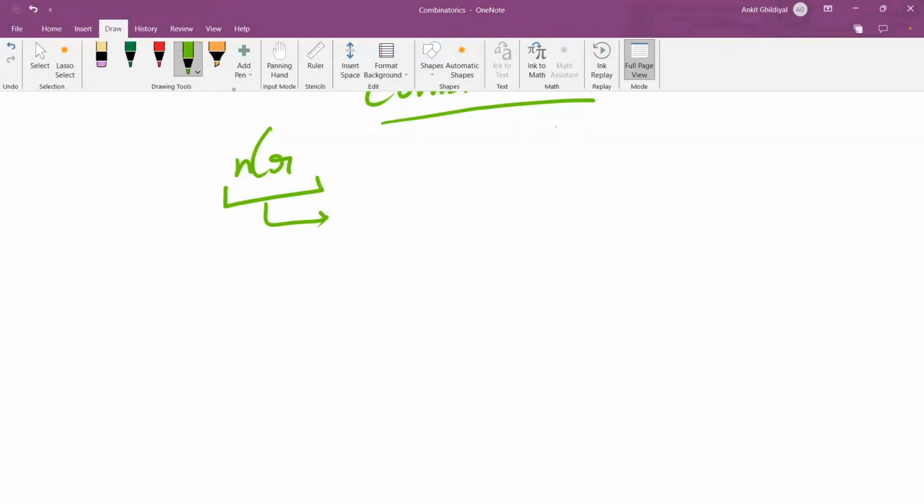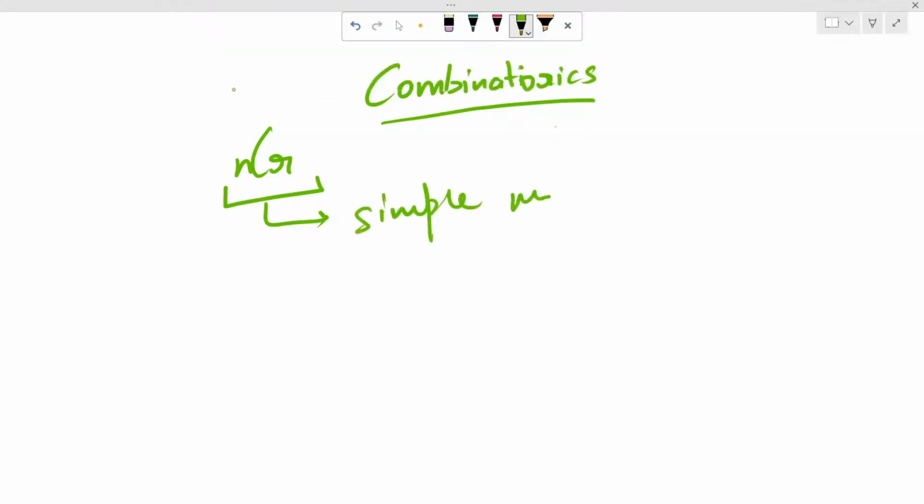Like how to do this, what is the formula for this and how to calculate it without any module or anything. So let's say using just simple multiplication, how to derive this, how we get the result using simple multiplication. Then